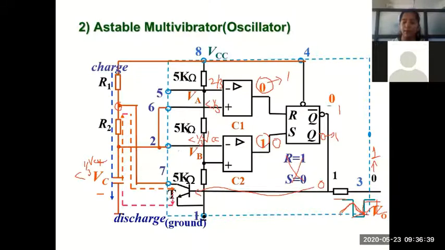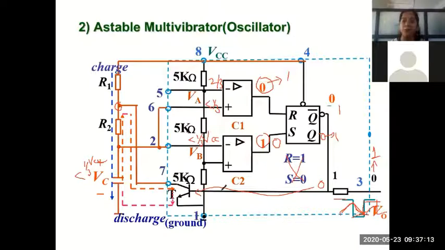Whenever the transistor is off, the capacitor will be in its charging cycle. Whenever the capacitor is in its charging cycle, output will remain in high state. So for whatever duration the capacitor is charging, output will remain in high state. How long do we allow the capacitor to charge? Till the voltage across it reaches 2/3 VCC. As soon as the capacitor voltage reaches 2/3 VCC, the condition in the timer internally changes. So output goes from 1 to 0.